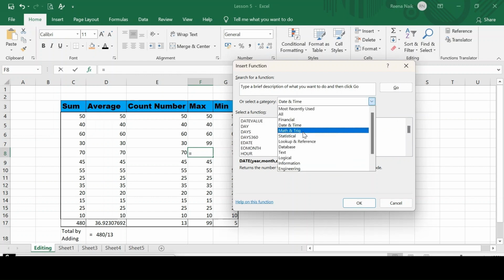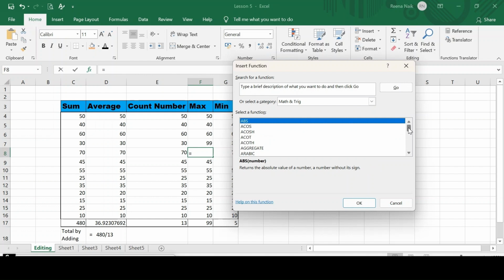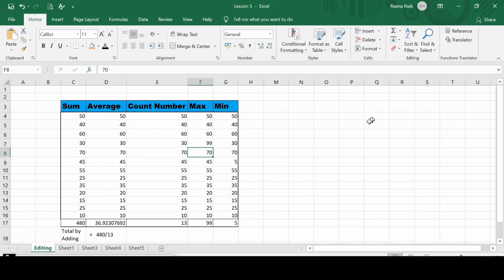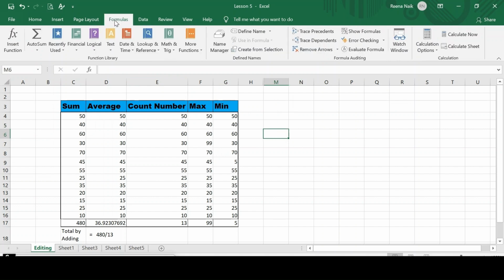Again, next, maths and trig has so many functions. What these functions are, how they are useful and what they can give us in our worksheet, we will see in other videos made specially to explain this in detail, in the formula.